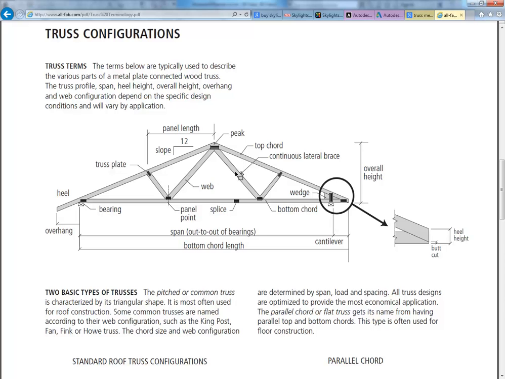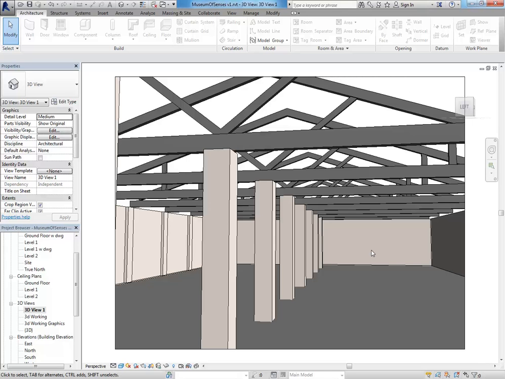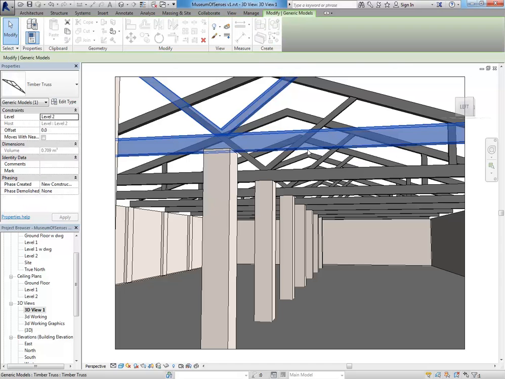Okay, so you can see there the different terminology for the truss members, and so I'm just going to call them all webs, essentially. So I've got to add an extra web piece in, and I'll do the material at the same time. So I have the trusses there in my perspective view, and you'll see if you select them, they'll come up